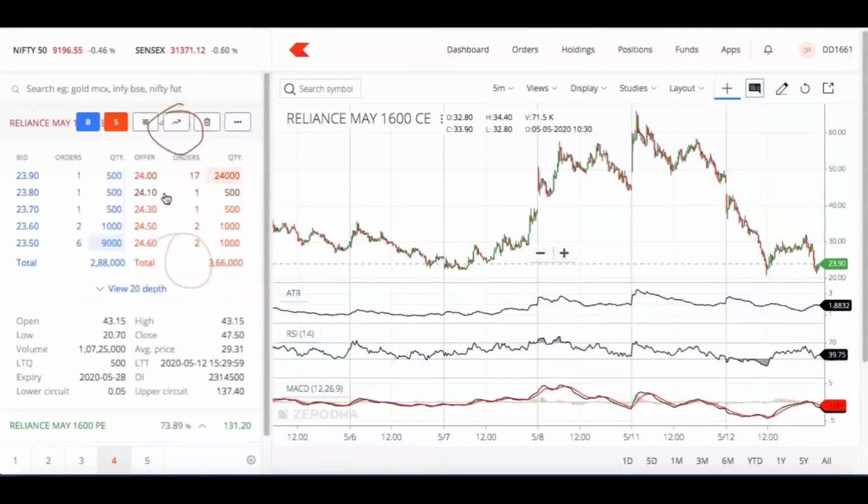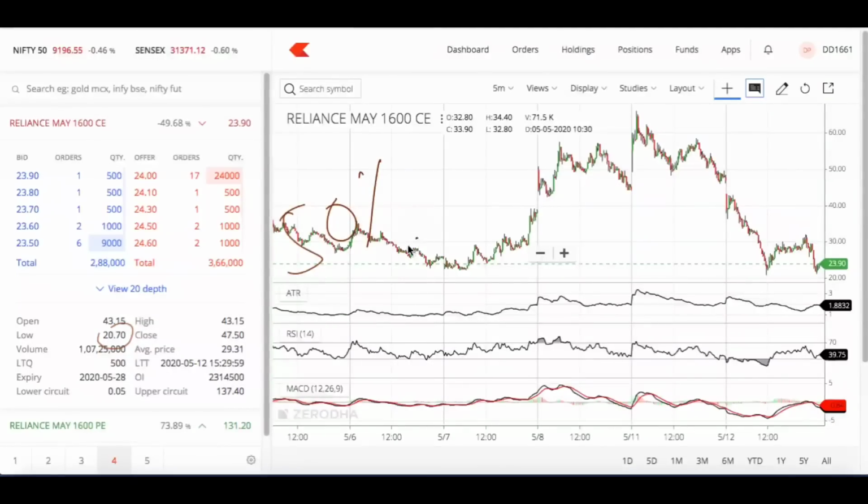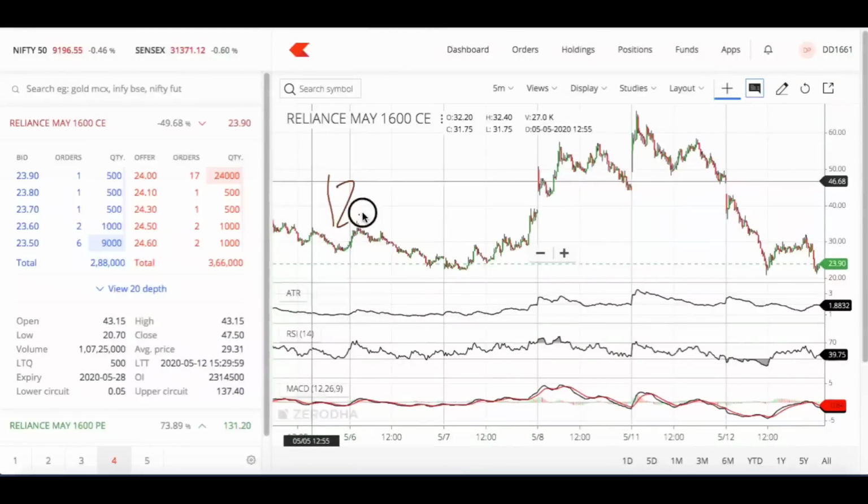So what is the price it moved today? It opened around 43.15, open high today. It's a negative sign and it has fallen up to 20. You see almost a 50 percent fall. So that is the beauty of options. A lot of people, with a small amount of money, see now who thought that with 12,200 you can make 3,000 rupees, in the small example which I gave you.